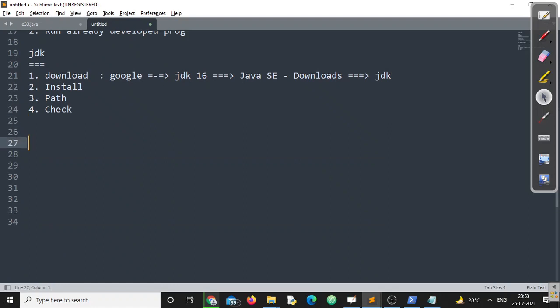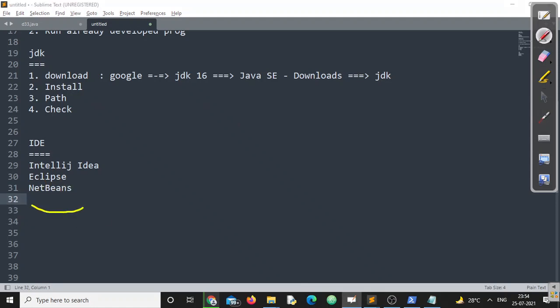But some people like to install some of the editors, some of the IDEs. IDE stands for integrated development environment. We have a lot of IDEs that run Java. IDEs like IntelliJ IDEA is one of the famous IDEs, or a lot of developers are using Eclipse also, or if you want you can also use NetBeans. Whatever editor you use, no problem.